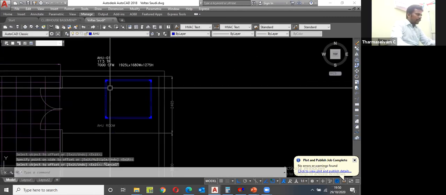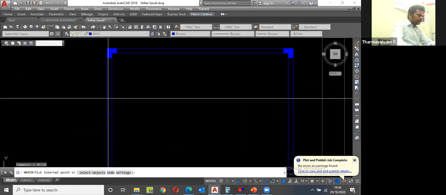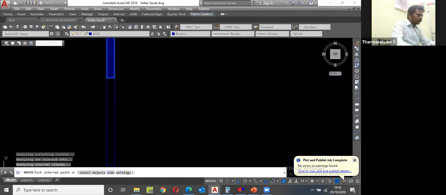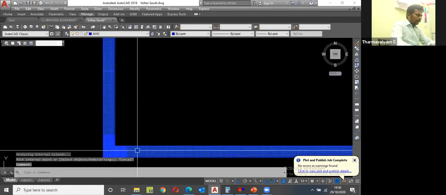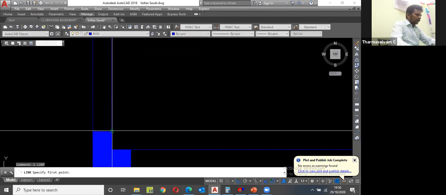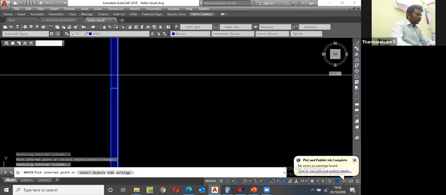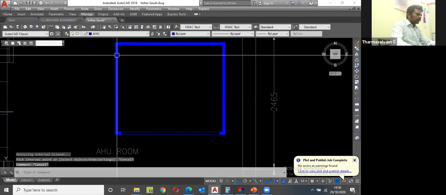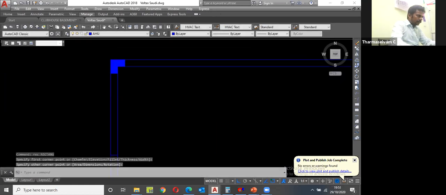In this filter, you have to make a hatch, a different hatch. Here you close the line. Hatch. Make a rectangle.